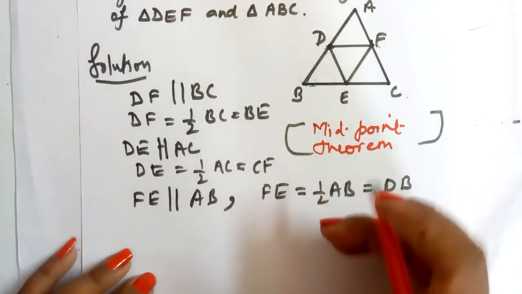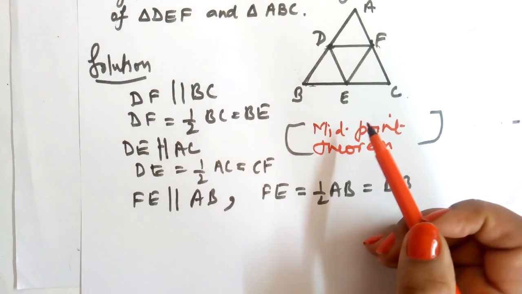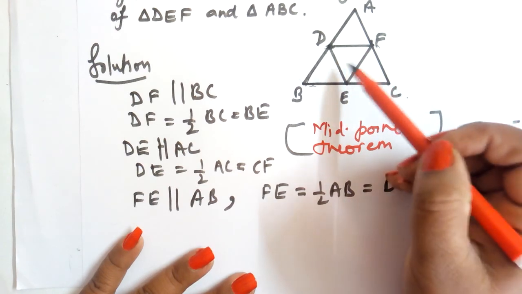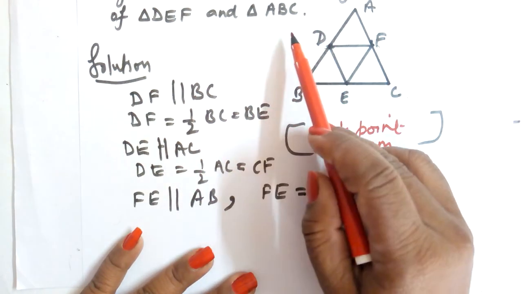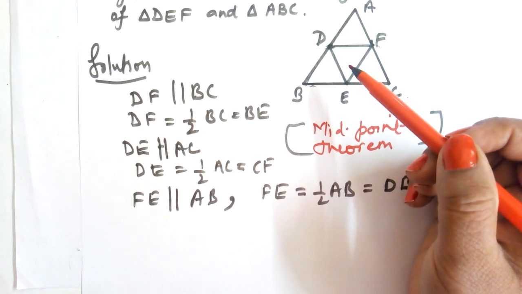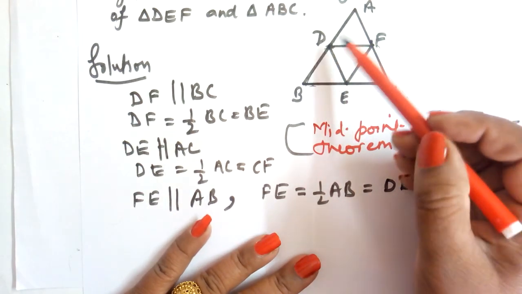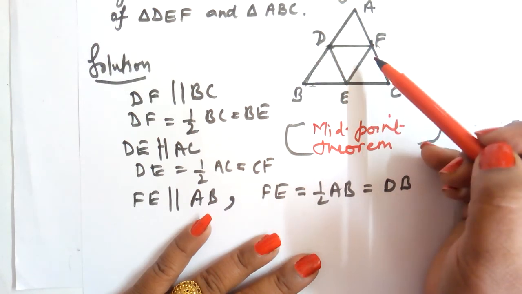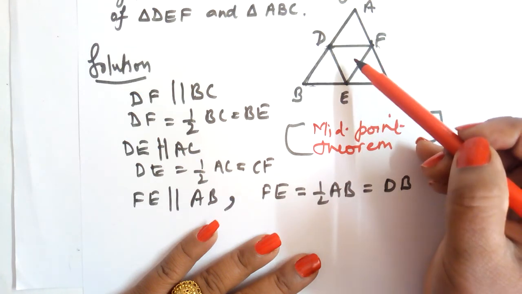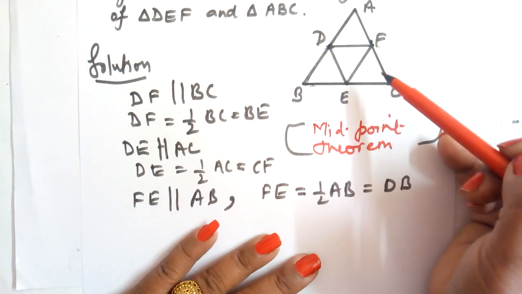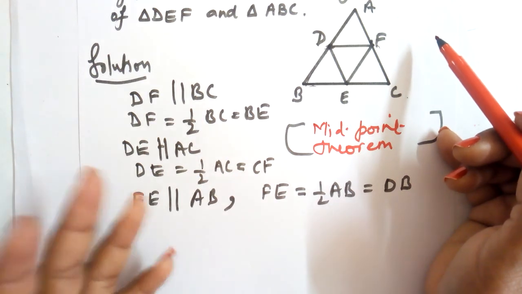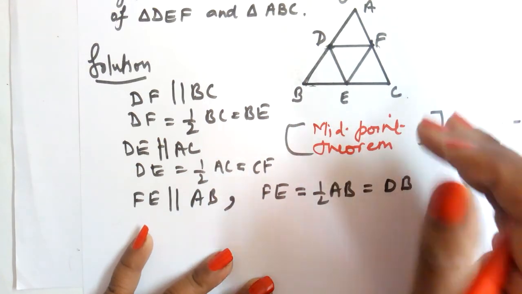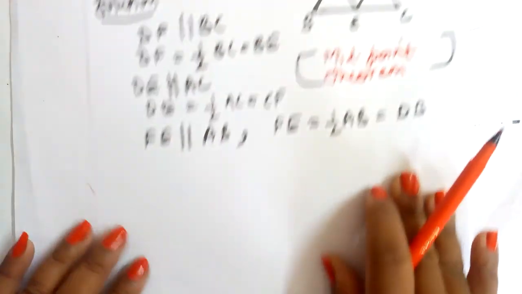Now, first of all, if we have to find the ratio of the areas, there are a few things that we can use here. We can take the ratios of the sides, since triangle DEF is similar to triangle ABC. We can directly use the area of triangles formula, or we can directly show the ratios also. I am going to show you how.